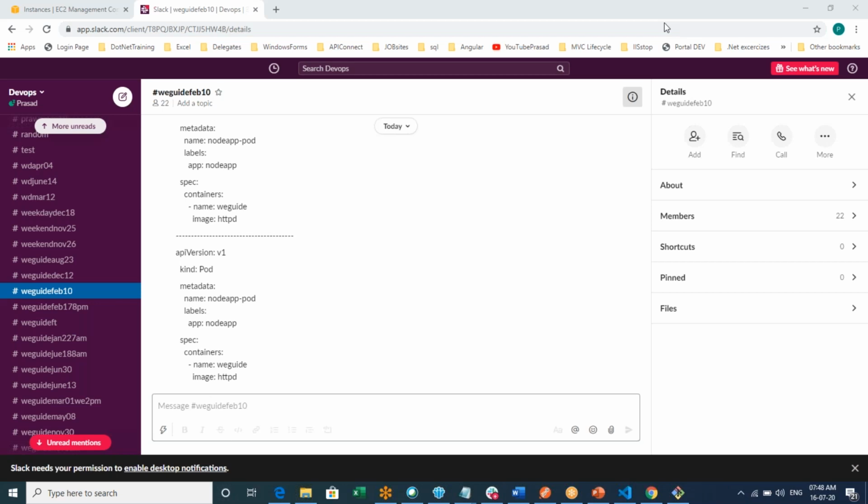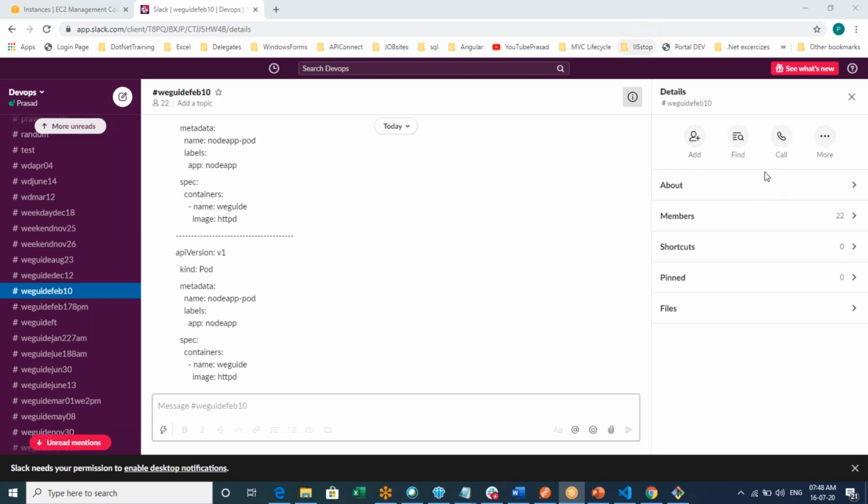Prasad, I'm getting some error. I have already created the pod definition file, and when I execute this, I'm getting this error. Shall I share my screen? Yeah, you can share your screen.